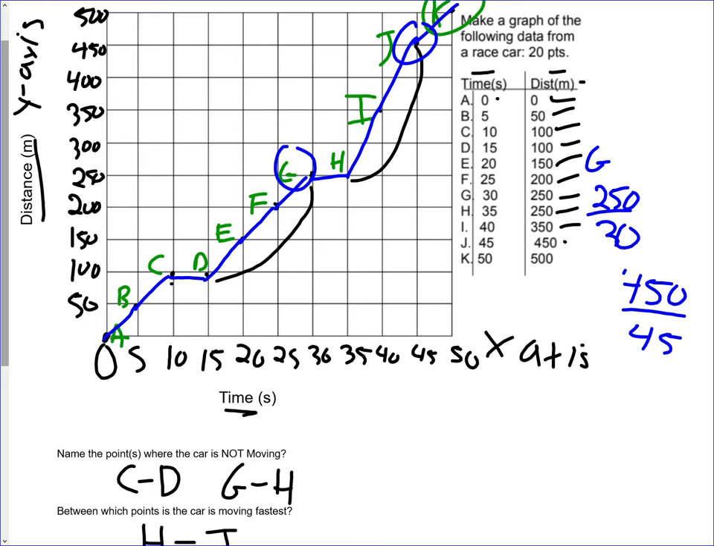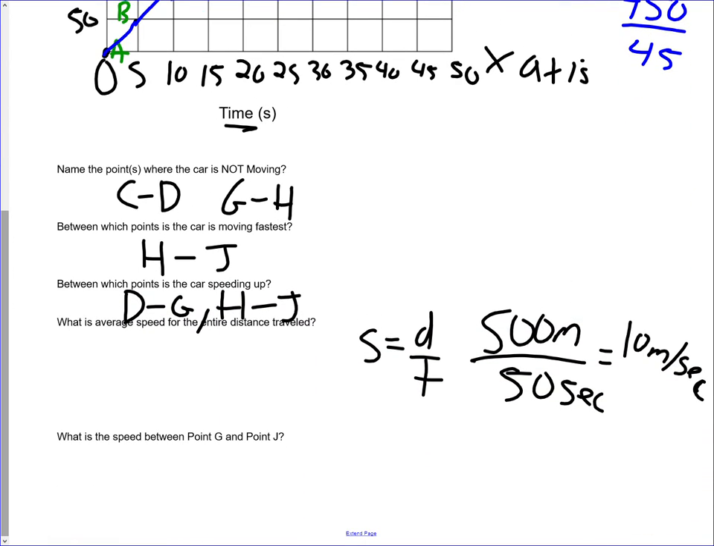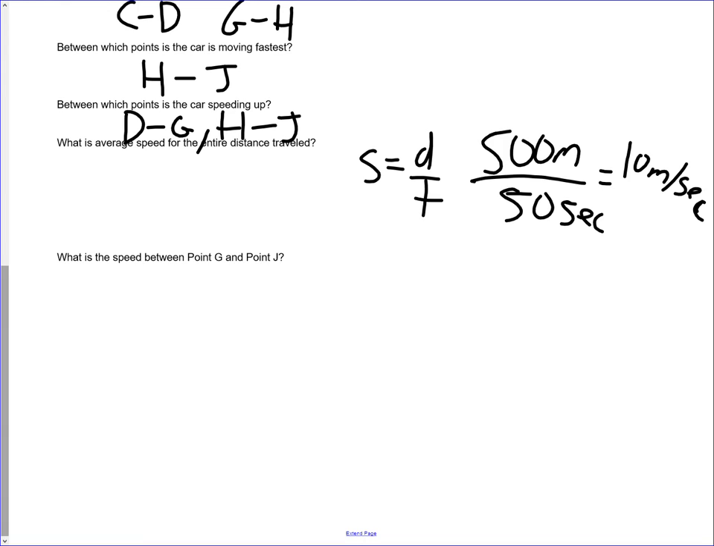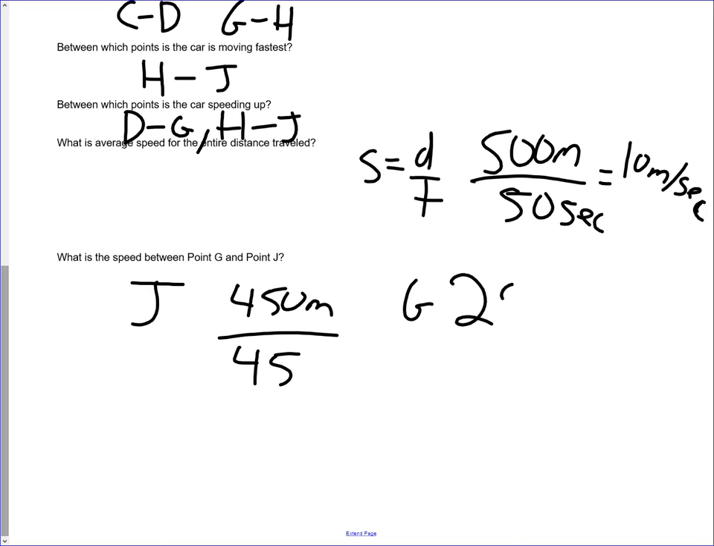So what we're going to do is I'm going to bring those down and we're going to subtract them to find our total distance and our total time. So if we look, right, for point J, I'm going to label this point J, right, it traveled 450 meters in 45 seconds. Okay, we see that. And point G is going 250 meters in 30 seconds, okay? So what we want to do, okay, we want to find the difference between these 2